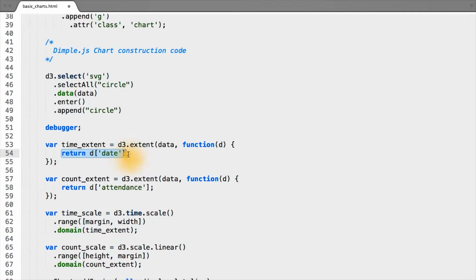Now, something that I glossed over that I want to return to is in finding the minimum and maximum date, I simply accessed the date column. If you remember from when we previously inspected our data in the console, the date column is actually a string representation. In order to ensure that when we're comparing dates to find the minimum and maximum, that the comparison actually